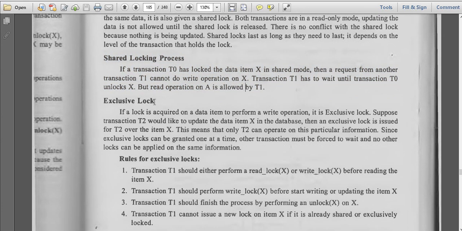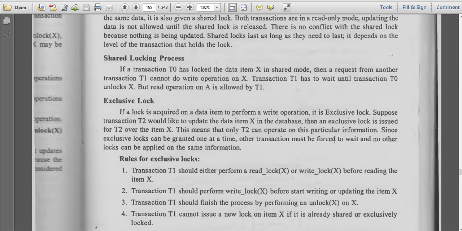Next, the exclusive lock. If a lock is acquired on a data item to perform a write operation, it is an exclusive lock. Suppose transaction T2 would like to update the data item X in the database, then an exclusive lock is issued for T2 over that item X. This means only T2 can operate on this particular information, since exclusive locks can be granted only once at a time.